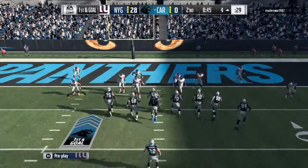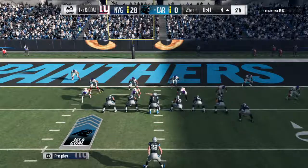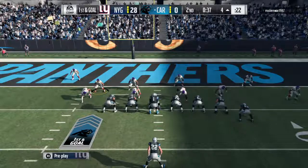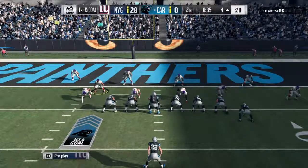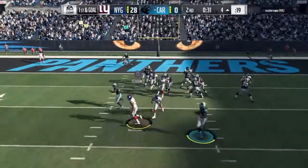No, he's had trouble with the interceptions in this game. Hits his guy out in the flat. Yeah, so many times we hear quarterbacks and offensive coordinators talk about, in your progressions, you're either throwing the touchdown or you're throwing the check down. But earlier in the game, it was touchdown or...